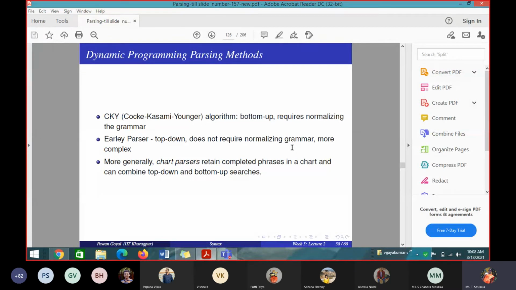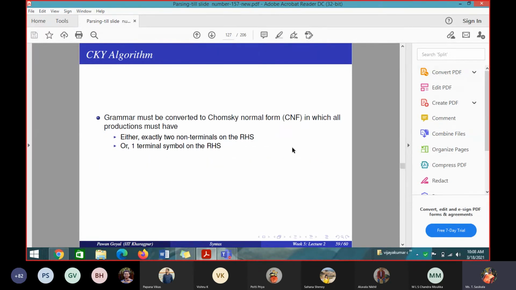What is parsing? Each word I know, each word's tagging I know. Now I have to check whether the sentence is grammatical or not, whether the sentence is proper or not. Whether all the words are aligned in a proper way to make a proper sentence or not. That I have to find out. For that we are constructing a parse tree. So if I am able to derive a parse tree, then the sentence is grammatical. It is correct. If I am not able to derive a parse tree for the given sentence, then it is not grammatical. Okay. So here, what are the rules?